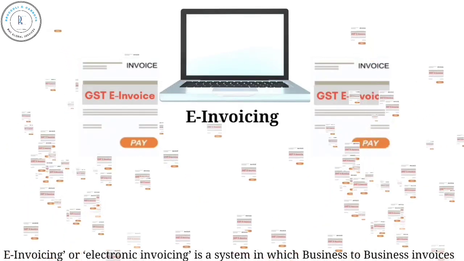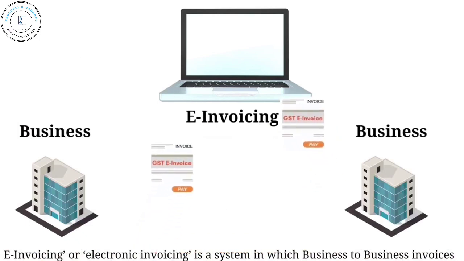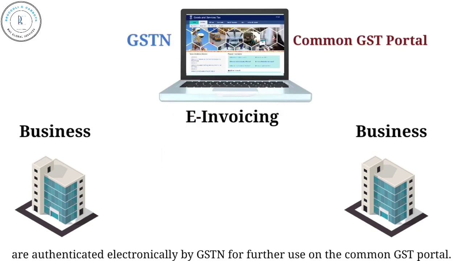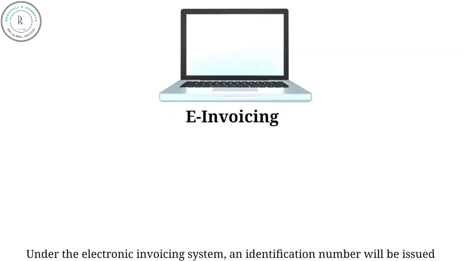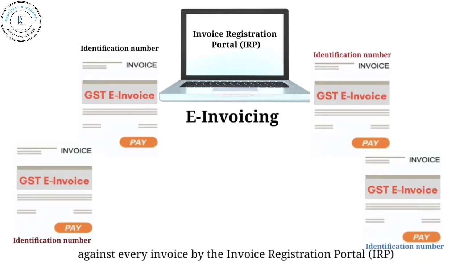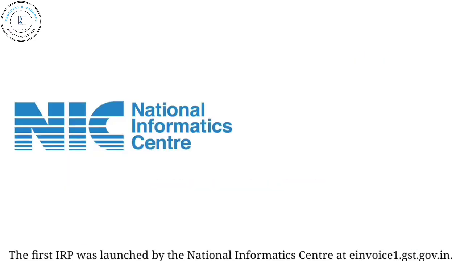E-Invoicing, or electronic invoicing, is a system in which business-to-business invoices are authenticated electronically by GSTN for further use on the common GST portal. Under the electronic invoicing system, an identification number will be issued against every invoice by the Invoice Registration Portal (IRP) to be managed by the GST network GSTN. The first IRP was launched by the National Informatics Center at